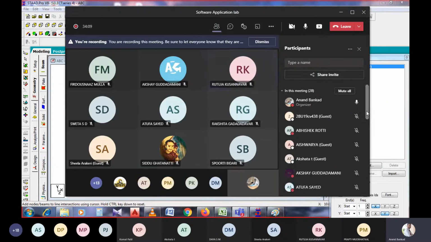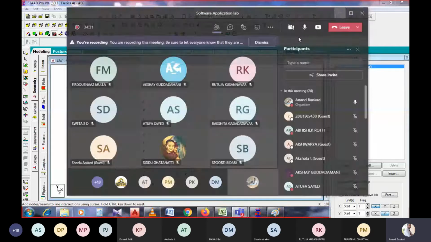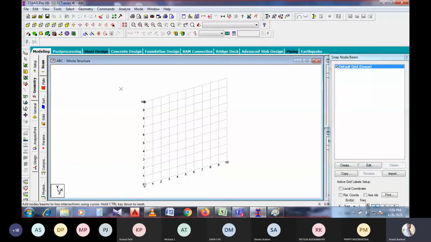Yes, sir. And I request everyone here, please observe the cursor where I am moving and where I am explaining the terms. I hope you are able to see this cursor. Yes, sir. Okay. So with this, I will start explaining. Here the cursor will be moving over these icons, so that if you are seeing that icon, then only you can understand, or else you won't understand the things.